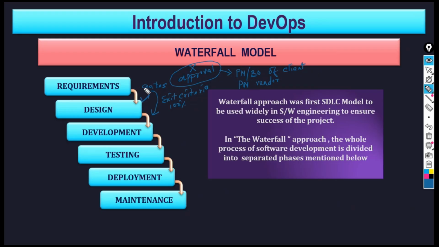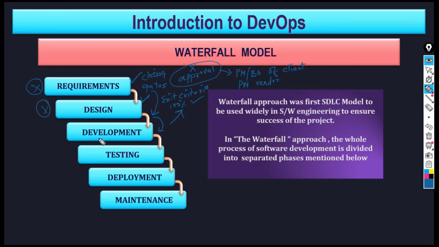All these things are there. You have to prove that your requirements gathering stage is over. It is done. So you fulfill the exit criteria 100%. So now it will go to the design. Again, from design to development, you have to fulfill 100% of the exit criteria. Can you see that the gates are closing behind? As you move from here to here, the gate is closed. When you move into development, the design is closed.